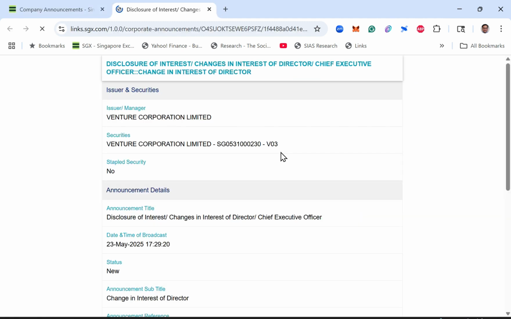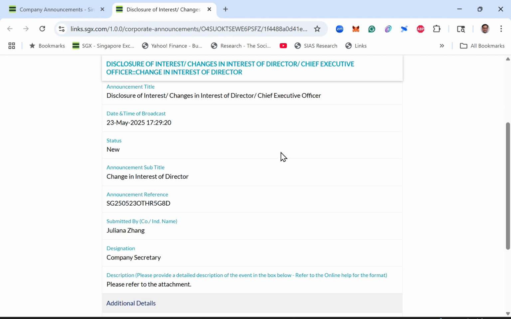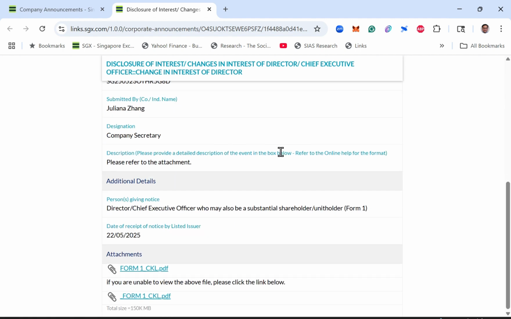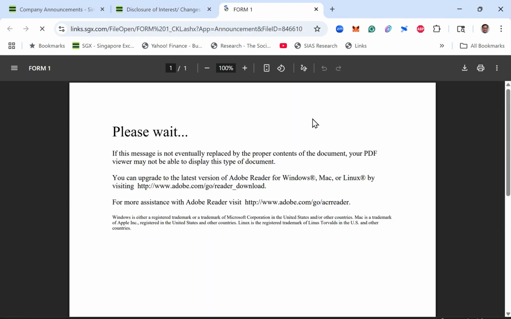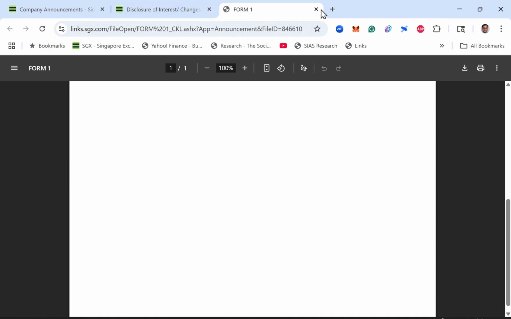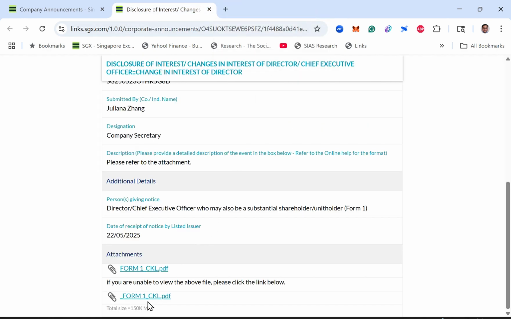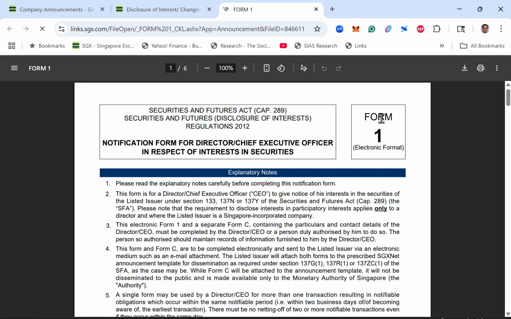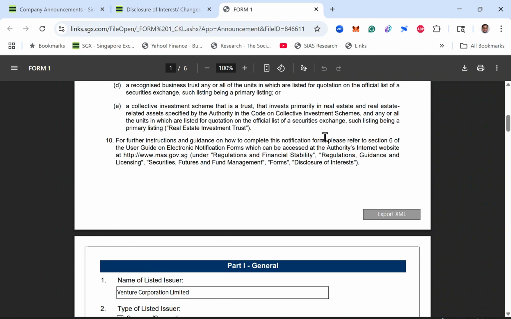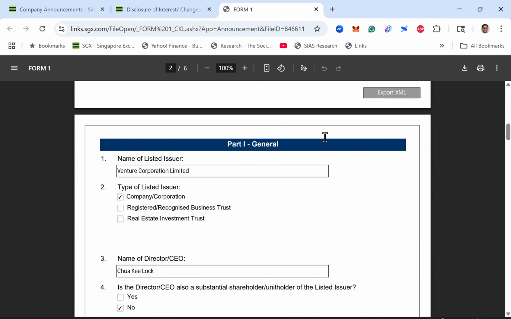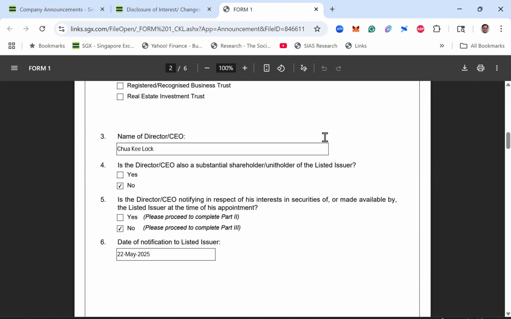You can scroll down and look at the news as to what is actually happening. And you can look at the Form 1. It will tell you what's happening to Venture at the moment. Wrong Form 1, maybe it's the other link. Yeah, and this is a Form 1. Learn how to read a Form 1, because it tells you whether there is anybody that's actually buying or selling stocks. So the director in question is